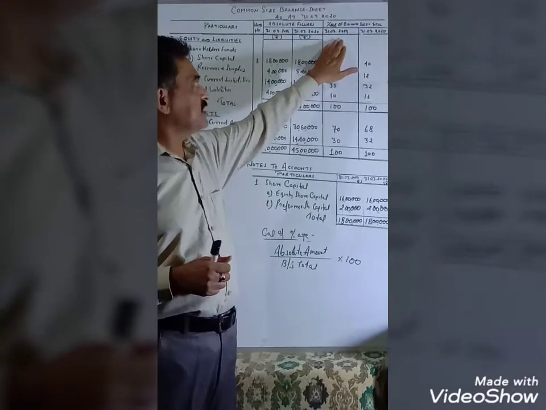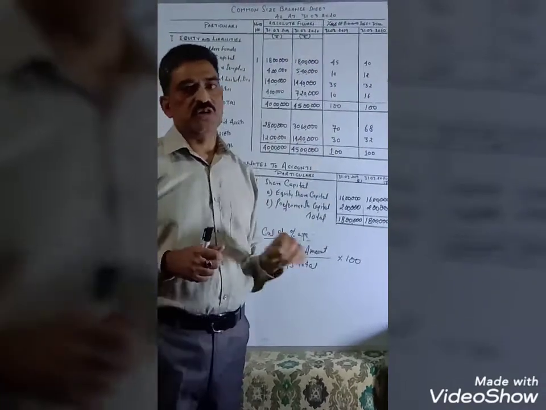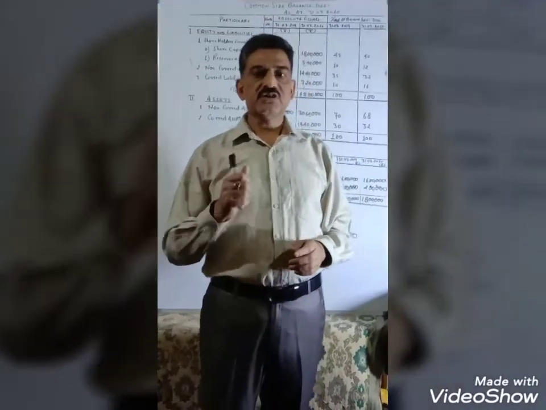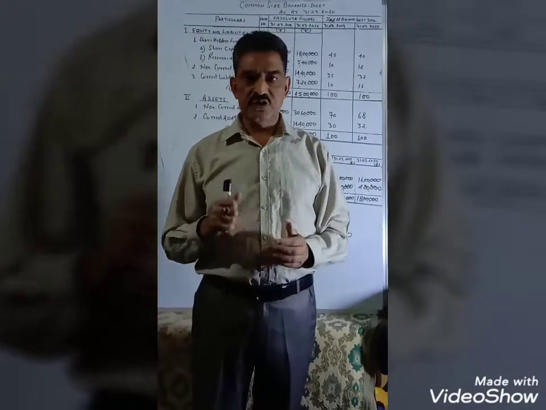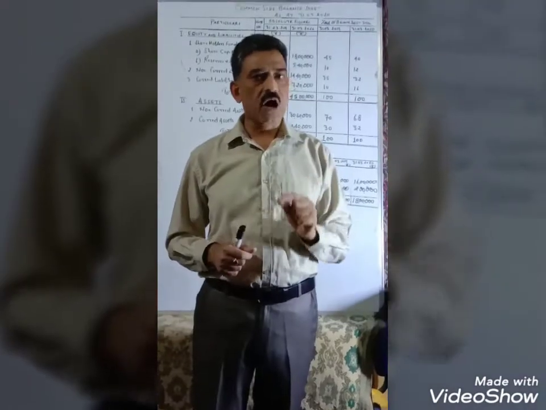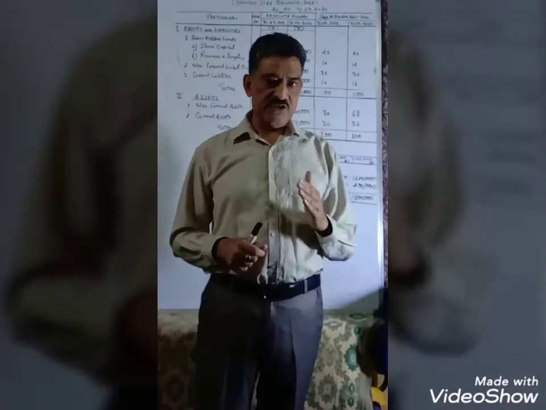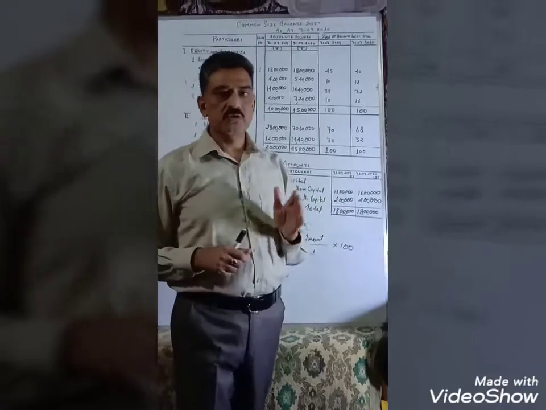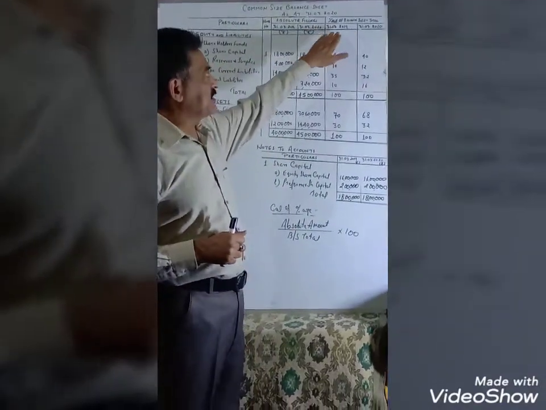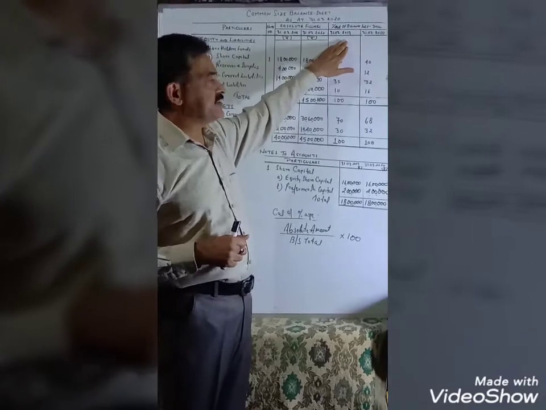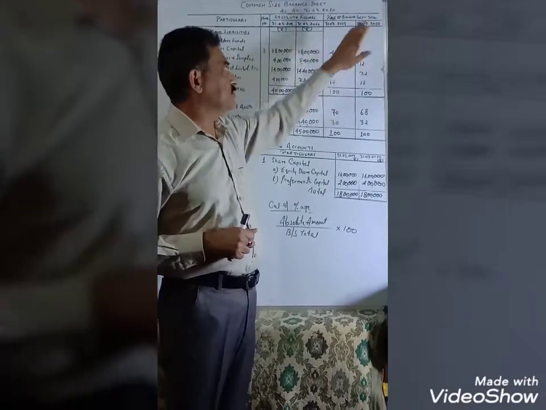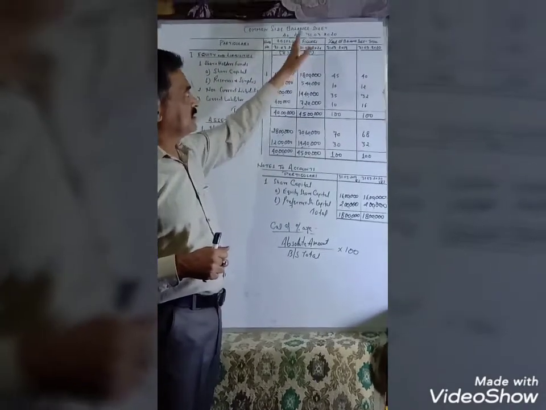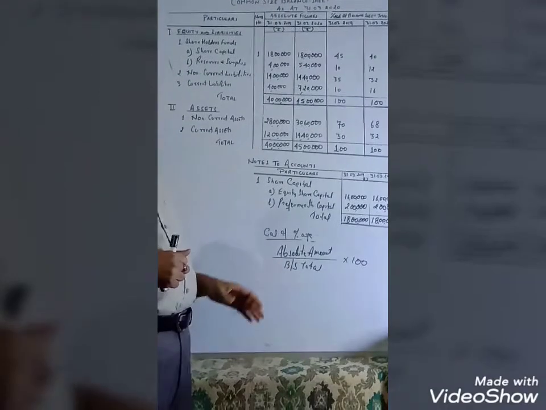And the next column is the percentage of balance sheet total. As you know, in the common size balance sheet, we have to convert each and every single item of the balance sheet into percentage by taking a common factor. In this balance sheet, the common factor will be the total of balance sheet for the conversion into percentage. The percentage of balance sheet total for the previous year 2019 and for the current year 2020. On the top, common size balance sheet as at 31st of March 2020.